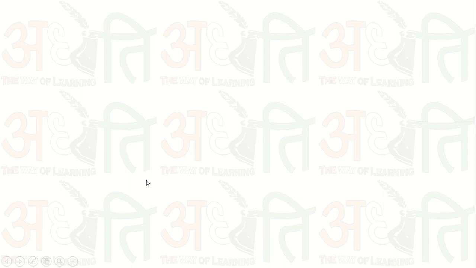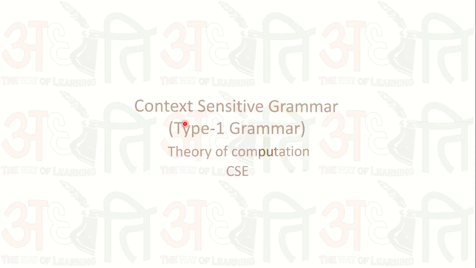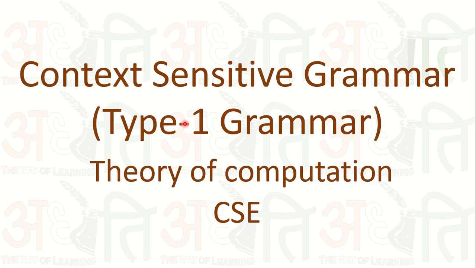Welcome, you all. So guys, today we are going to discuss a main thing about context sensitive grammars. So friends, in the last video we discussed what a linear bounded automata is. The linear bounded automata accept the language which is known as a context sensitive language, and that language is generated by the context sensitive grammar. So what is a context sensitive grammar? We will discuss some definitions and one example of it today.